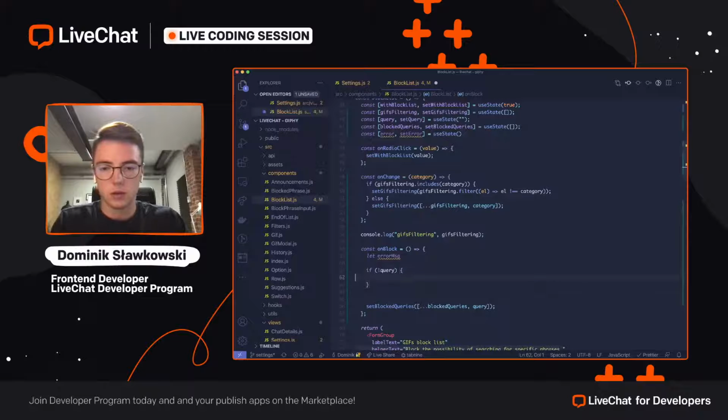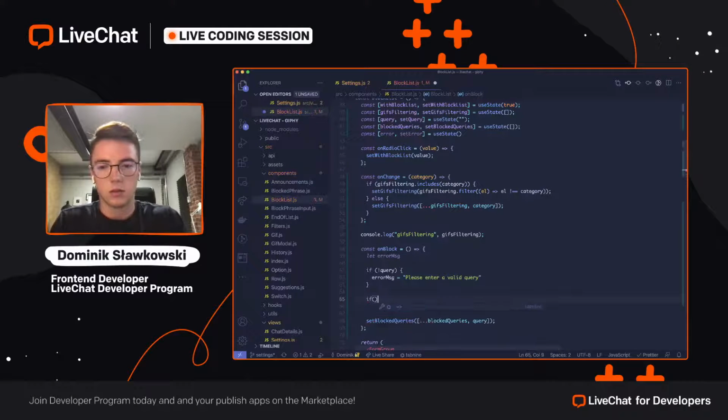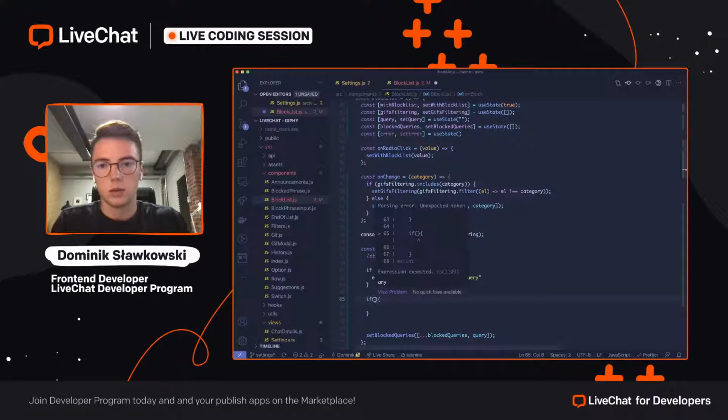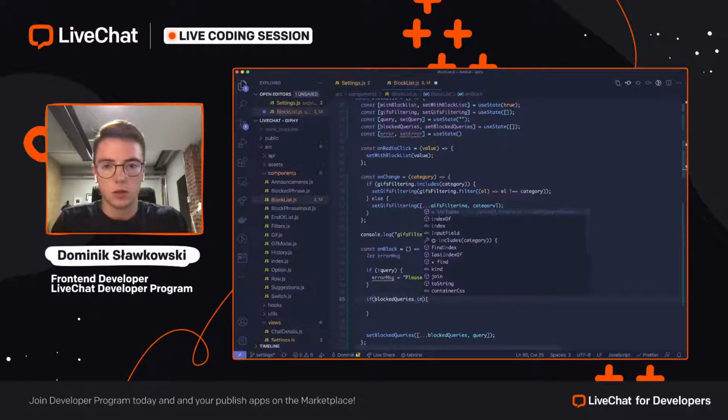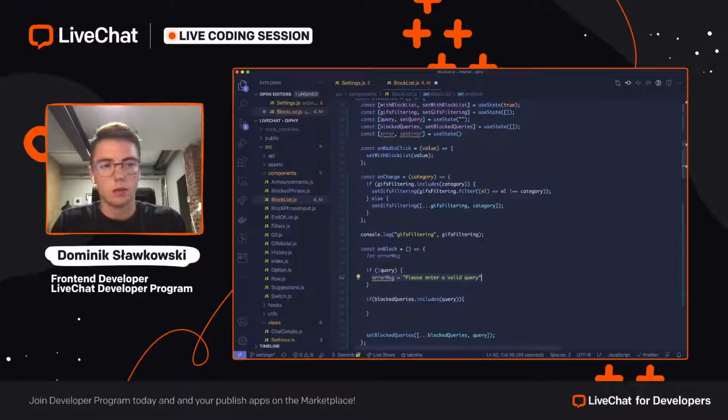If the query doesn't exist, set the error message to "Please enter valid query." There is also a situation when the query is already added, already blocked. So if the blocked queries include the query, set the error message to "You"